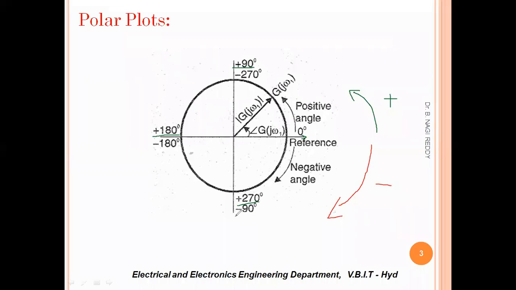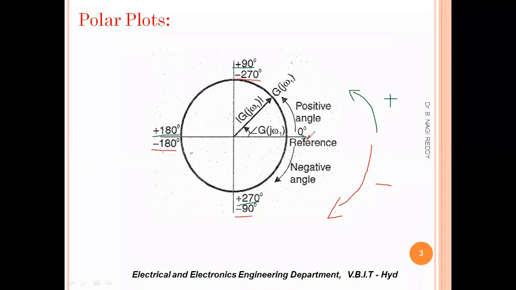So you can see after 90 degrees, you will have minus 90 degrees. And after 180 degrees, you can see minus 180 degrees. And in the same way, after 270 degrees, you can see minus 270 is drawn here. And after 360, we will reach our destination point, which is 0 degrees. So we can place the angle in the clockwise direction or in the anti-clockwise direction. So depending upon the clockwise or anti-clockwise direction only, we can determine the signs of the angles, whether it has to be a positive sign or a negative sign.